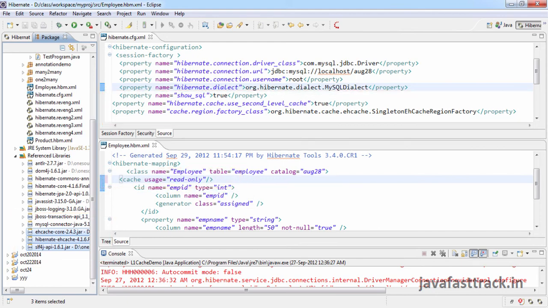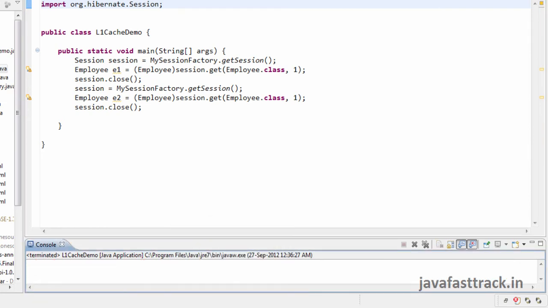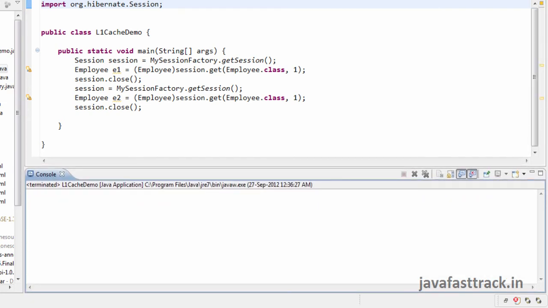Now you can run the same test program and see what happens. Now I open the cache demo program. Once again I run it. Earlier when I ran this program there was no caching.